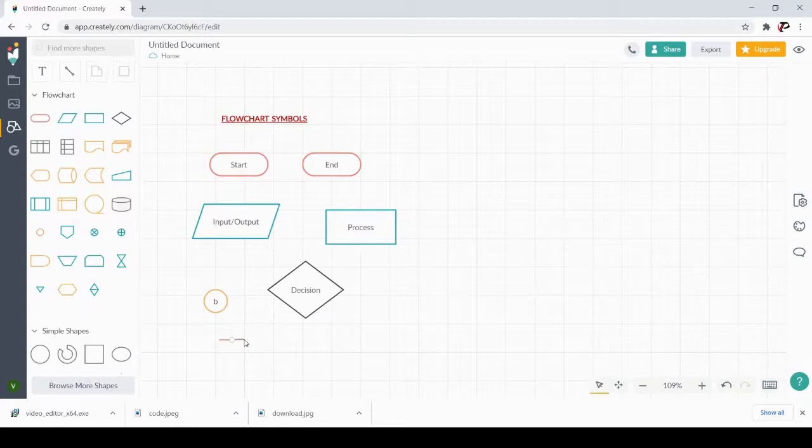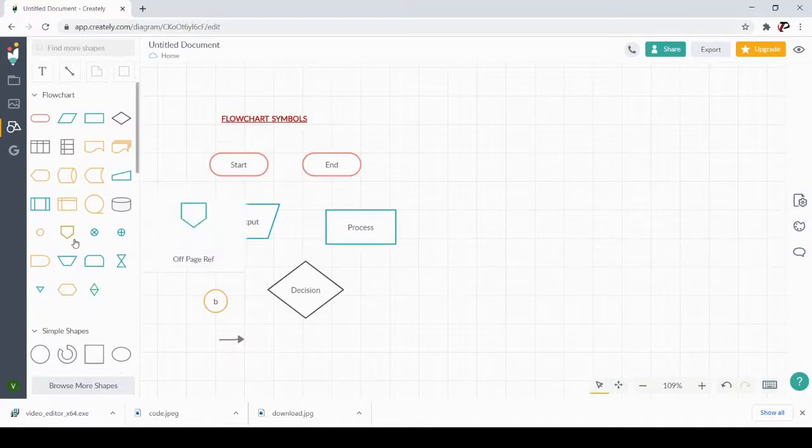The arrow mark tells you the direction of the flow, how it has to happen. This arrow mark helps to connect all the elements, from where it has to start and where it has to go. The flow of direction is decided by this arrow. So these are the basic symbols you have to know and we'll be frequently using in our design.